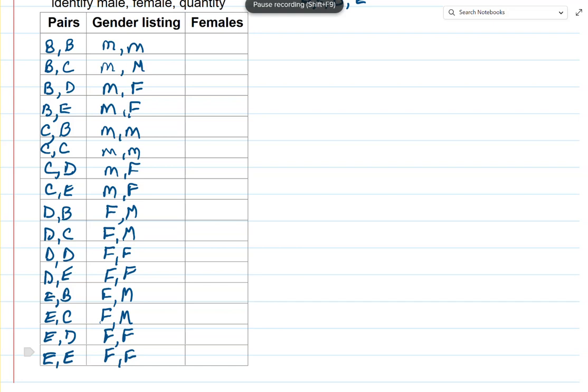Right. So now we want females as an average. Okay, the average of what the females are in the group. Well, there are 0 females there, 0 females there. There is 1 out of 2, right? So that's 50%, or 0.5. Male, male is 0 female, 0. And then I have again the 50, the 50. All right, so we're getting some kind of a pattern here, but we're not comfortable with the pattern just yet